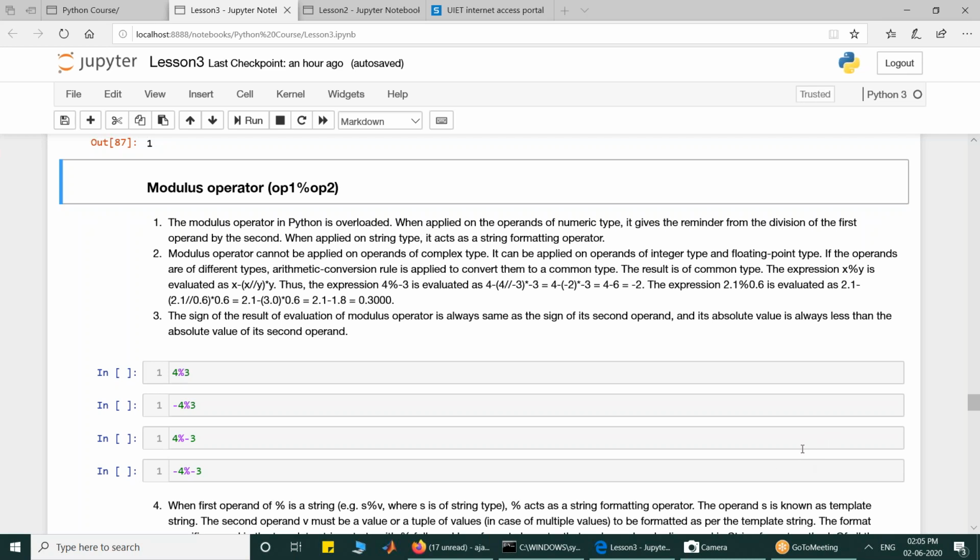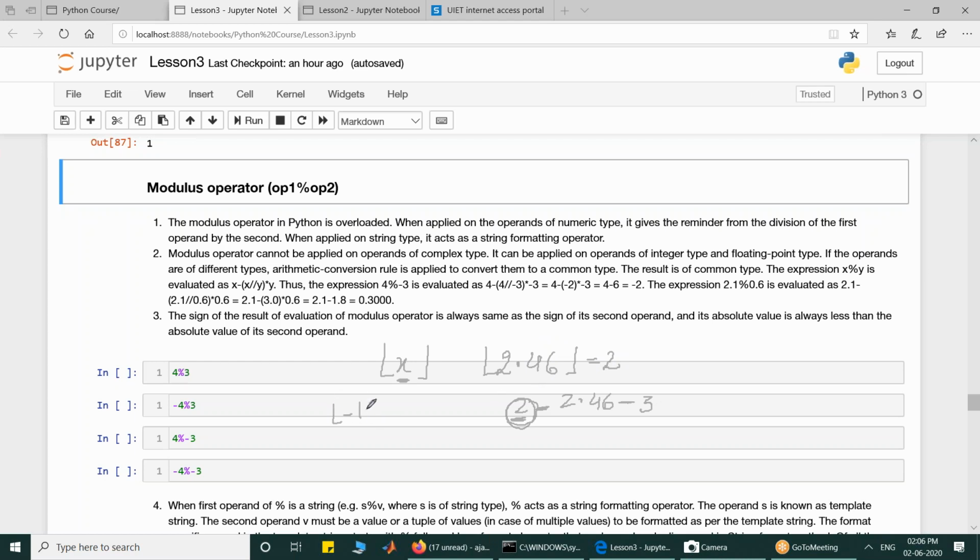Meher Singla is asking about floor division. Meher, floor division is basically you compute the quotient and you take the floor of it. The floor of x is the greatest integer which is lesser than x. So if I want to compute the floor of 2.46, the greatest integer which is lesser than 2.46 is 2, and after that comes 3. So 2 is the floor of 2.46. In other words, you just truncate this value.